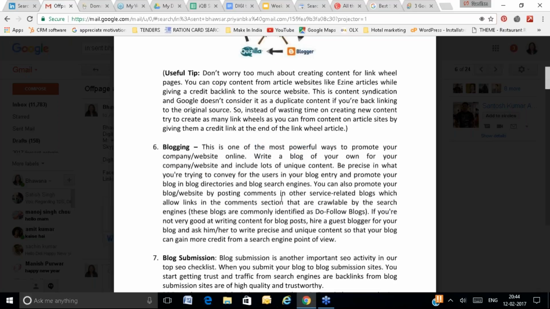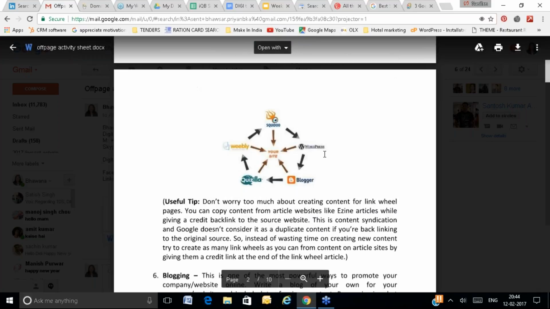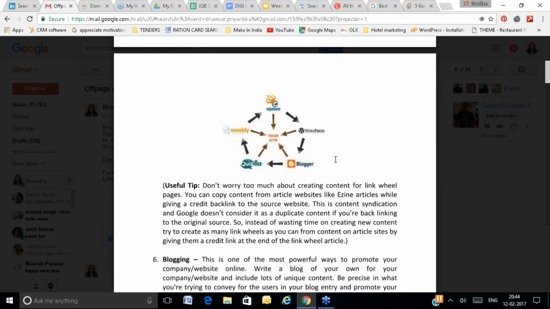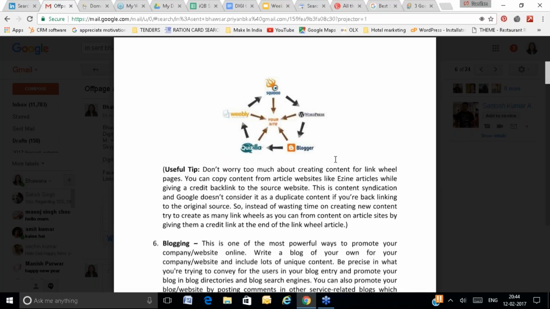Blogging: whenever you are blogging, say you have created a free blog on WordPress, yourwebsite.wordpress.com, you can place a link of your main website. You can create a blog on Blogger, yourwebsite.blogspot.com, and place your main website link on the Blogger. You can create a Tumblr, so you are placing your main website link on the Tumblr blog.